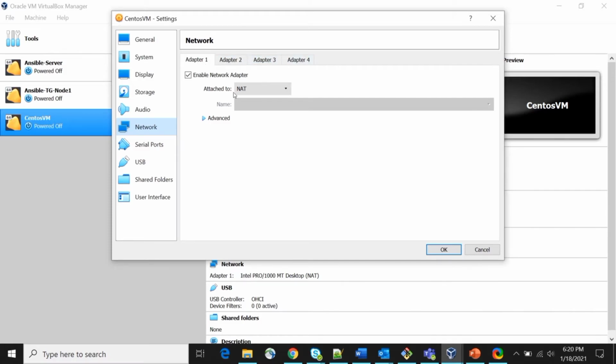Adapter 1 is the NAT network and the others are not attached. Using the NAT network, we can access the internet in the VM, and if we want to connect to the VM from our host machine, you need to enable one more adapter, which is the host-only adapter.